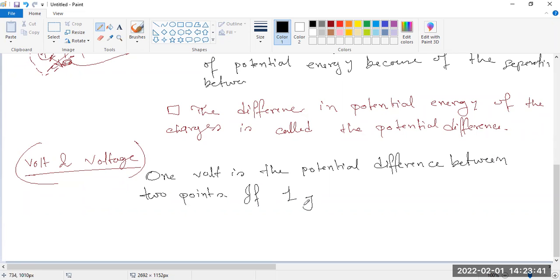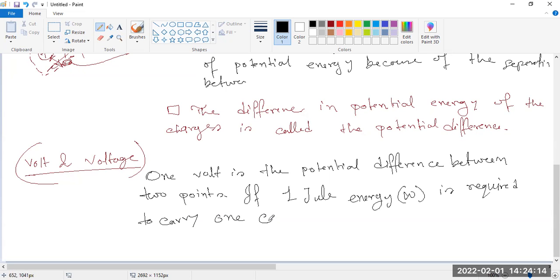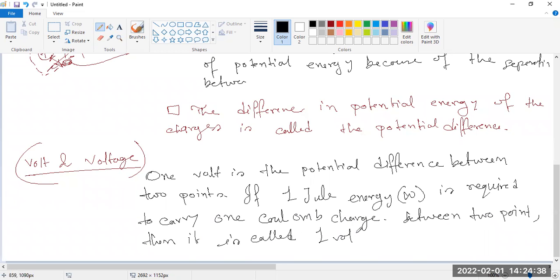If 1 joule of energy, this is W, is required to carry 1 coulomb of charge between 2 points, then it is called 1 volt. Okay,